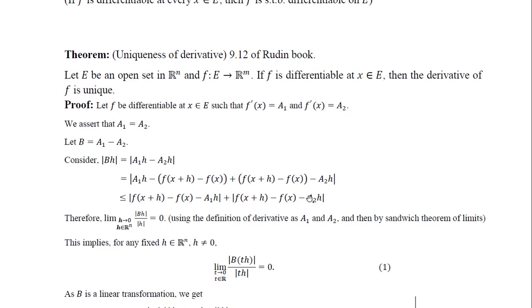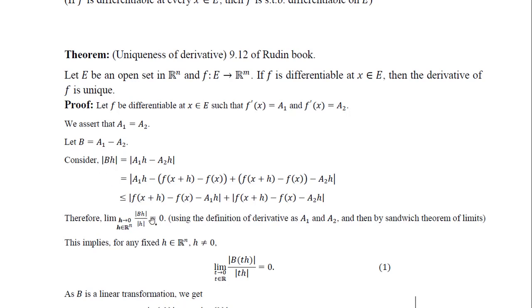So this left hand side limit, when we divided by norm h, will be 0, and therefore this also becomes less than or equal to 0. Now norm Bh upon norm h is a non-negative quantity also. So we have 0 less than or equal to norm Bh upon norm h, which is less than or equal to this, and this bigger part is tending to 0, and on the left side we also have 0. So simply by applying the sandwich theorem, you can prove that this middle part, which is this limit, is also 0.